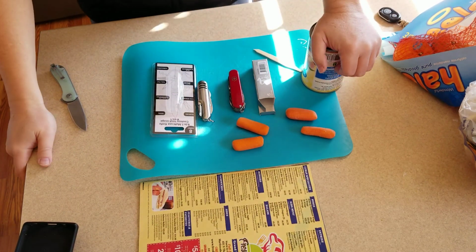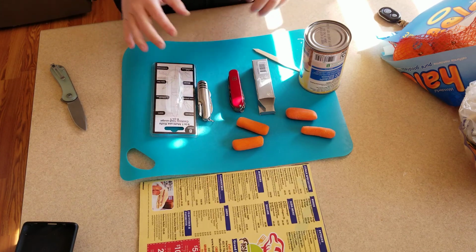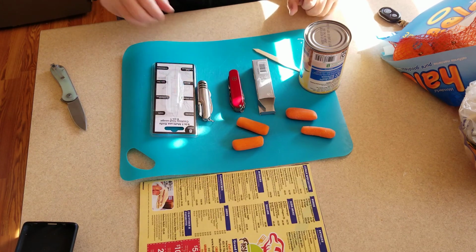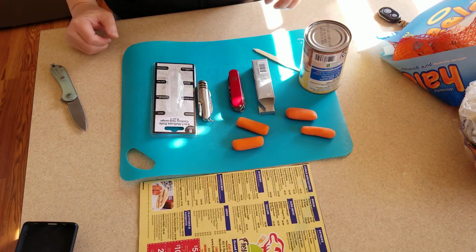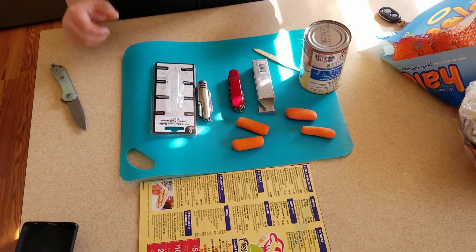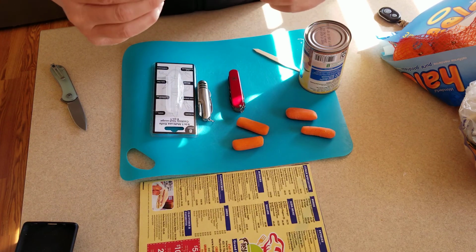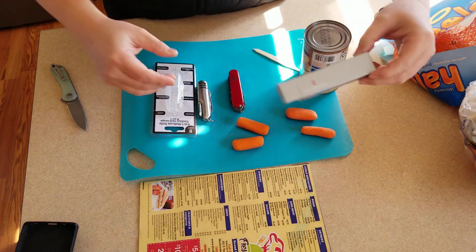And today I'm giving you the video that I promised you on a previous video. And that is a comparison between the dollar store multi-tool pocket knife and the Victorinox multi-tool pocket knife. Okay, this particular model Victorinox is a Huntsman. Alright, the Huntsman